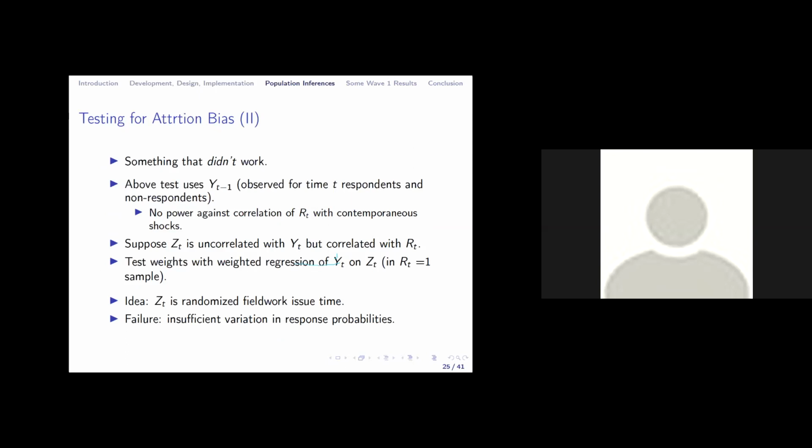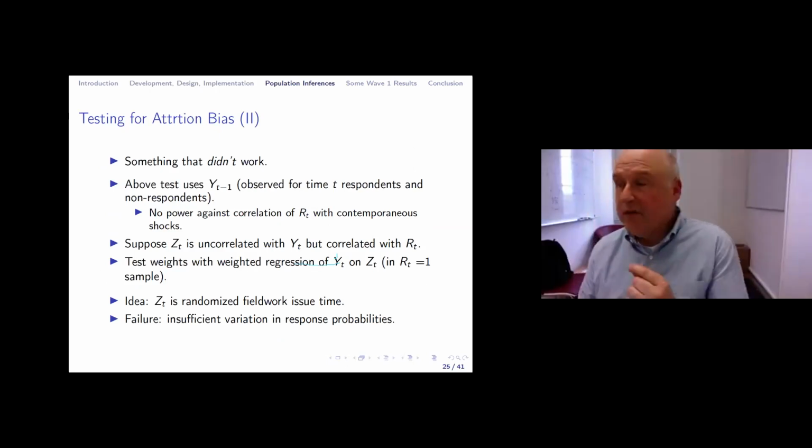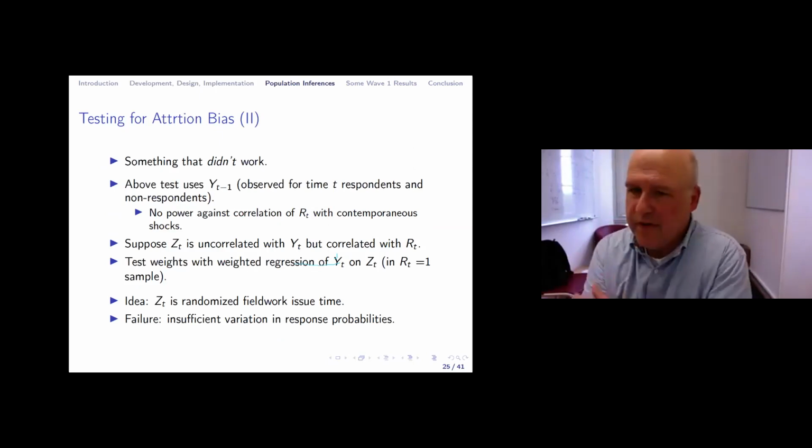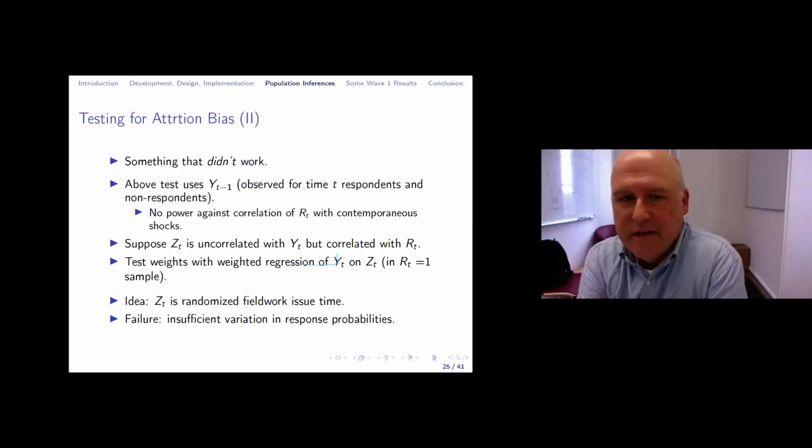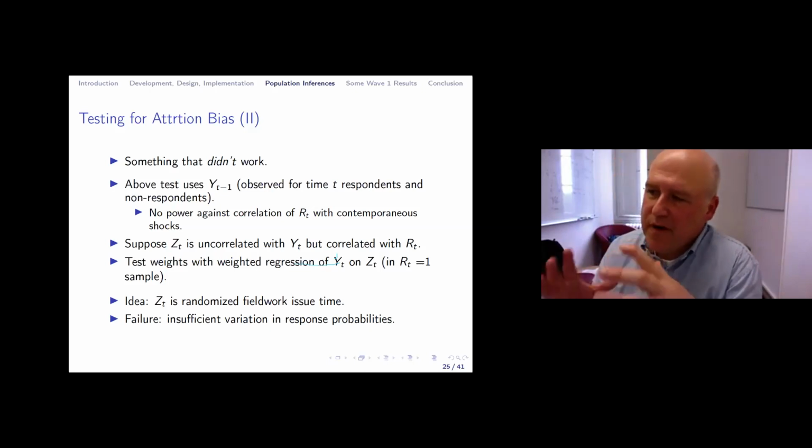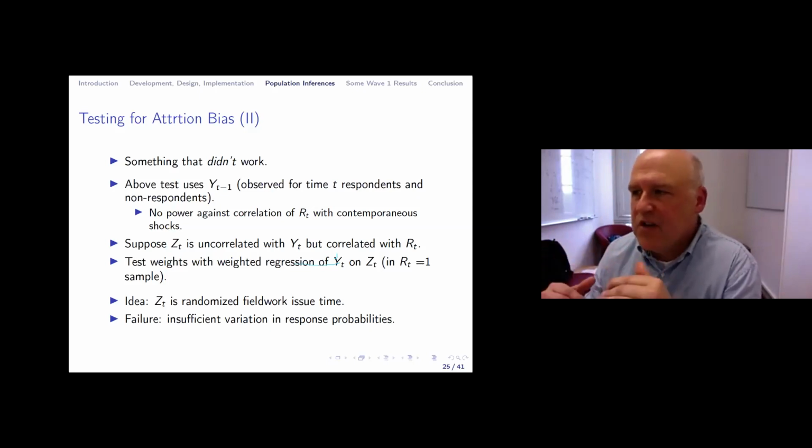And I can see why you're very interested in that. Okay, so I want to say two things about that, and it's kind of good news, bad news. The good news is, one of the reasons we construct weights in the way that we do is that there's a model of wave 9 response to the main study, and then there's a model of COVID response conditional on wave 9 response. And we construct those models